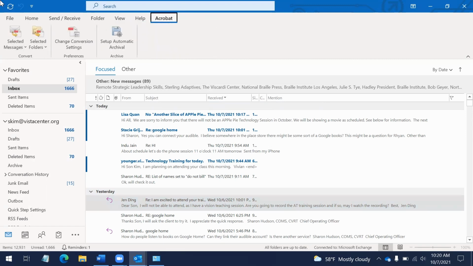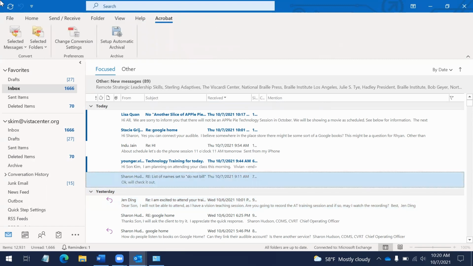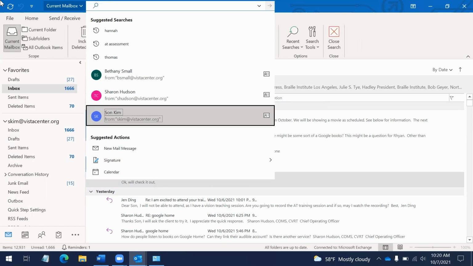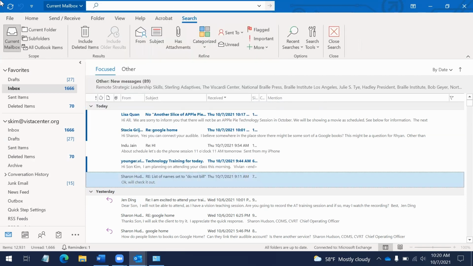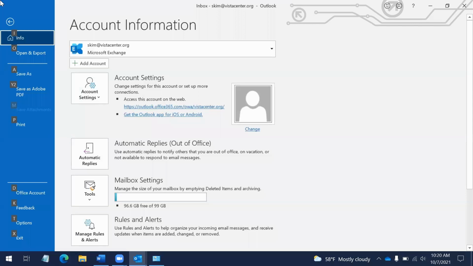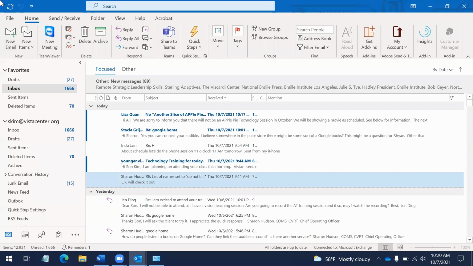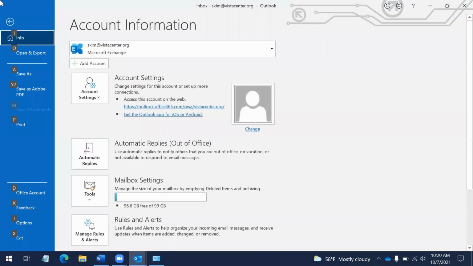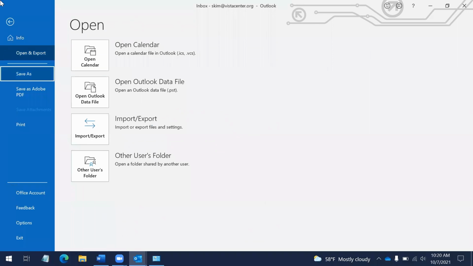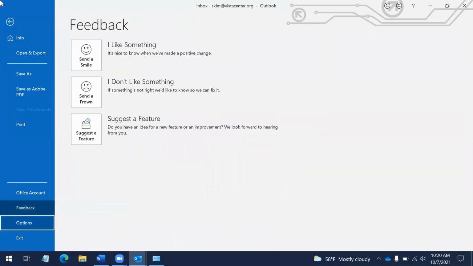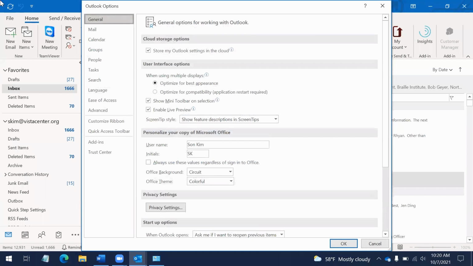Upper ribbon, ribbon tab, leaving menus. Mail control. Open, save as, info, print, feedback, options. Here we are: Options. List box. General. Categories. Okay, so in here,